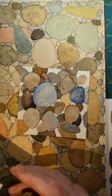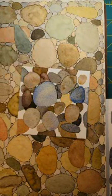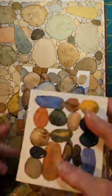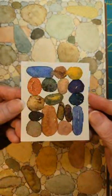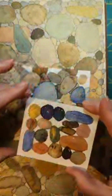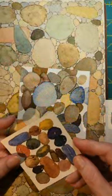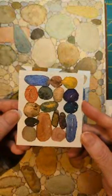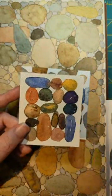I think this one is 3 by 3.5. Yeah, 3 by 3.5. It doesn't take very much time, and you're very constrained, but in a good way, by the size. But I mean, look at all the colors I got on that one little piece of paper. So yeah, don't think you have to work on a big,